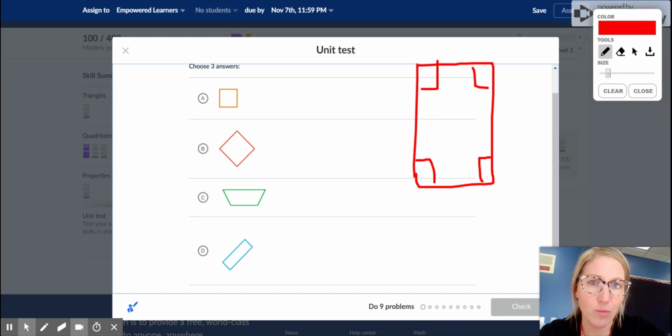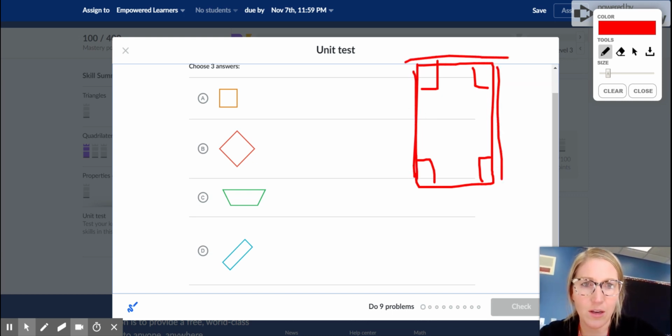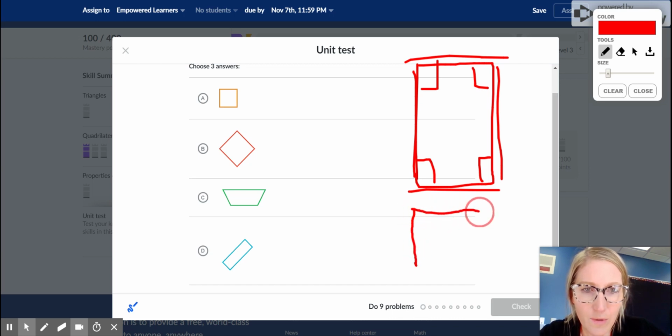And it has 2 pairs of parallel sides. There's one side of parallel sides, other side of parallel sides. So it also could be a parallelogram. Generally, this is my picture of what a rectangle is. However, I also know that a rectangle,